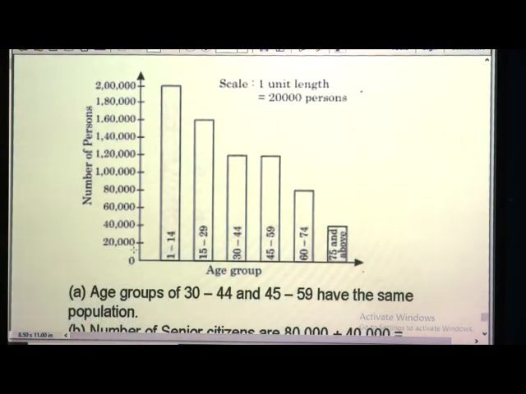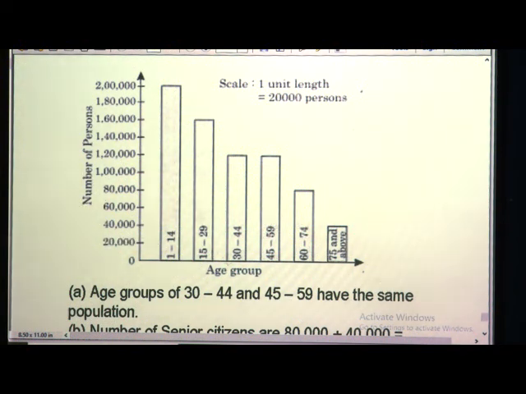See here, 1 unit is equal to 20,000. So, let us first write the number of persons: 20,000, 40,000, 60,000, 80,000, 1 lakh. Then 1,20,000, 1,40,000, 1,60,000, 1,80,000 and 2 lakh. So, these are the number of persons,